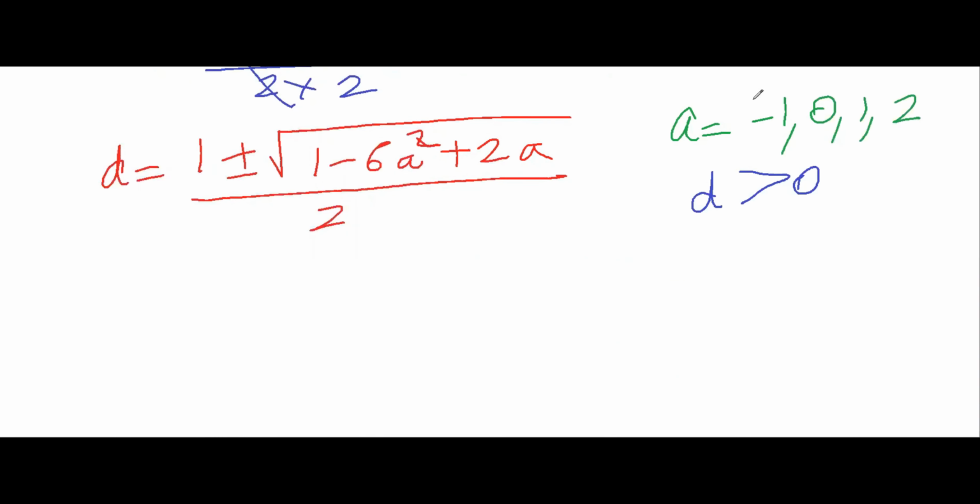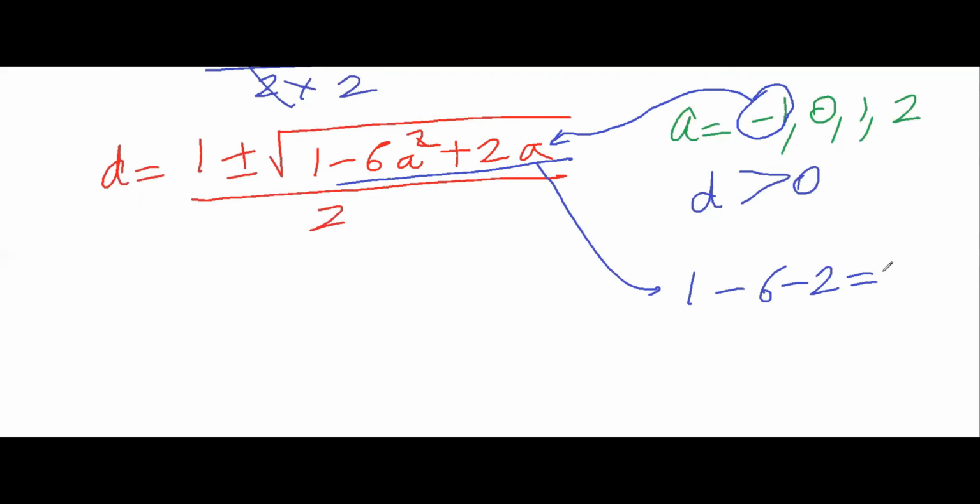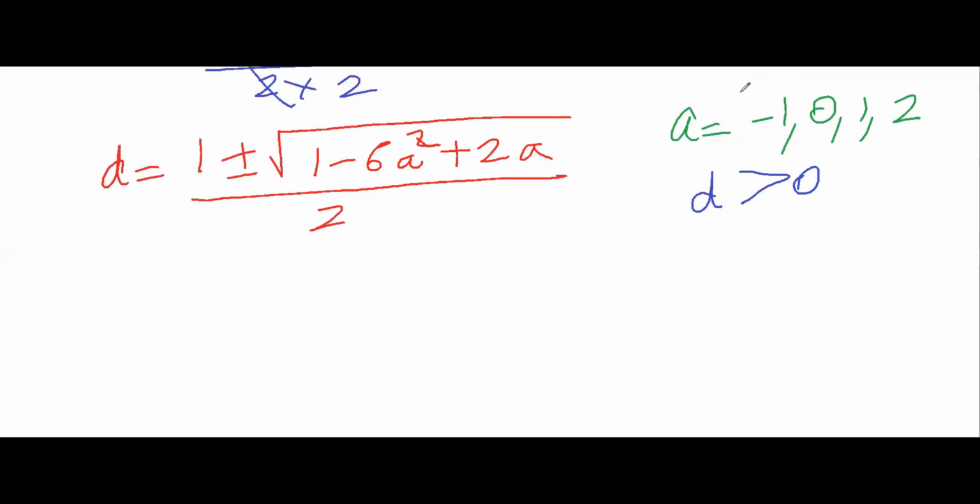तो मैंने समझो ए की वैल्यू -1 यहां सब्स्टिट्यूट की, तो क्या मिलेगा? यहां मुझे मिलेगा 1 - 6 और यहां मुझे मिलेगा -2। व्हाट इज 1 - 6 - 2? ये होता है -7। स्क्वायर रूट ऑफ -7 पॉसिबल है क्या? नहीं है पॉसिबल, दैट इज रॉन्ग। सो ए की वैल्यू -1 नहीं होगी, ऐसा सोचना है, ठीक है। तो दिस विल नॉट गोइंग टू वर्क।